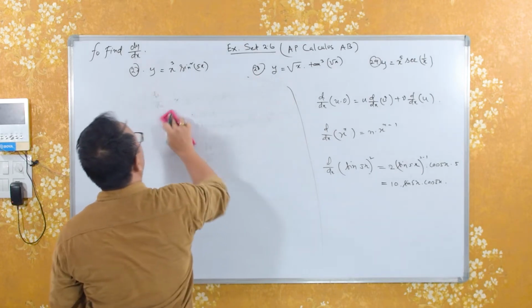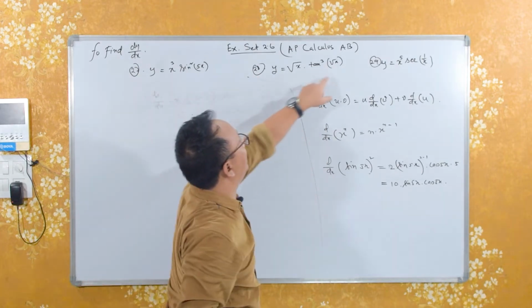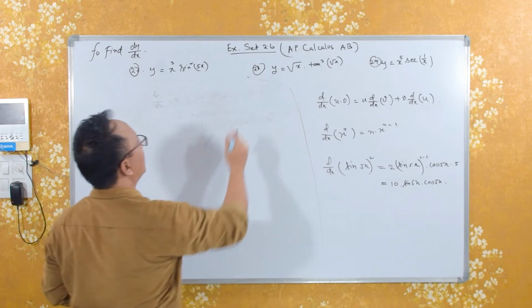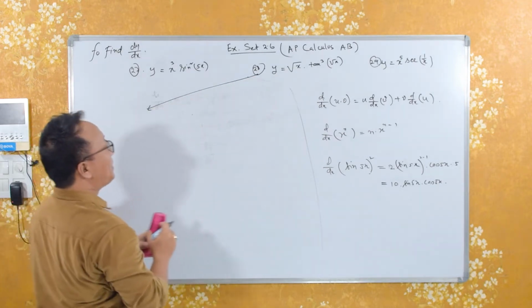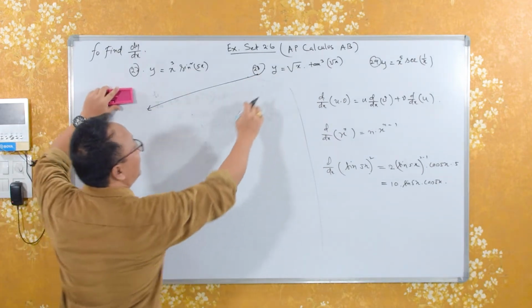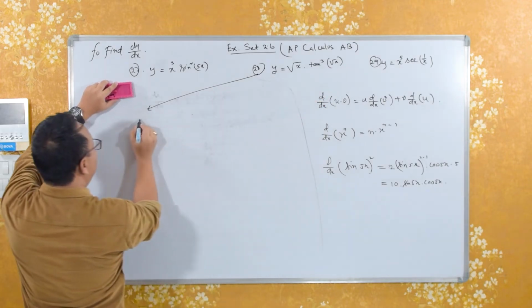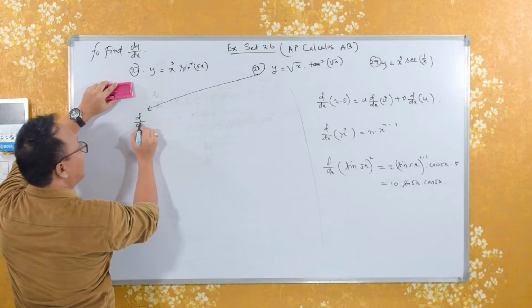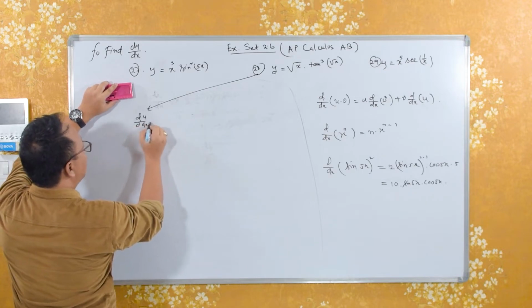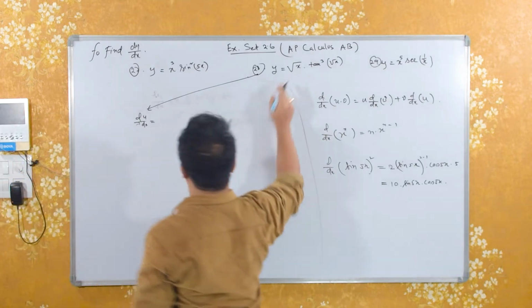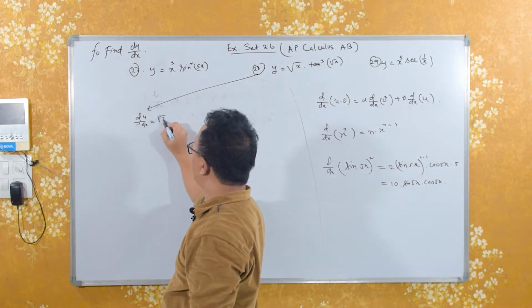Here you have to apply what? U into V rule, same functions, okay. Now let's try to apply directly. Here let's consider this root x is u and this is v, okay. Therefore dy by dx is u, okay, square root of x into dy